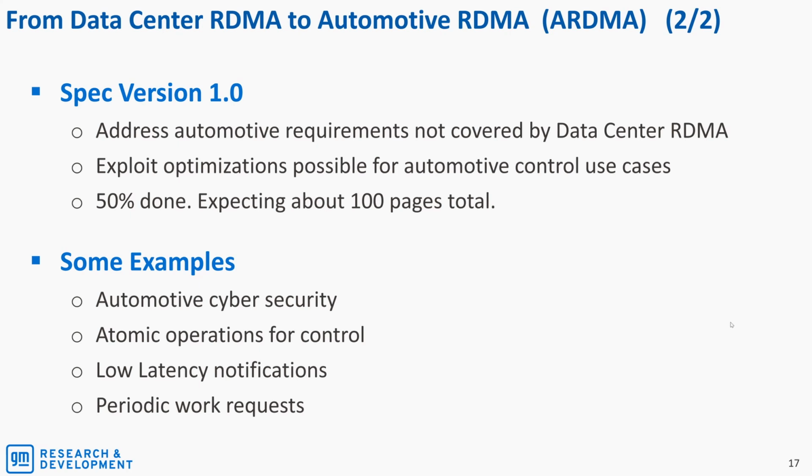total when we're done. Some examples of support that you will find in version 1.0 but not in 0.5 is support for automotive cybersecurity that is relatively close to what is known as SecOC, Secure Onboard Communication, support for atomic operations, low latency notifications, and for periodic work requests, which are an optimization for periodic control data, which is